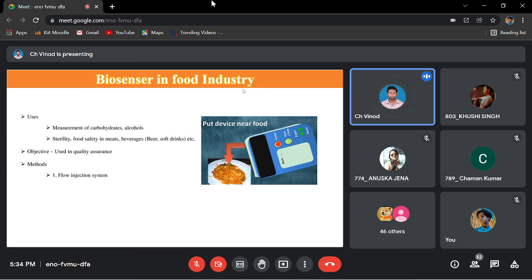Let's say in the food testing laboratory, the protein content in the Maggie was shown to be 8 grams. So this fellow can simply take the report, file a case in the consumer forum, and get justice done. This way many companies can be sued, because most companies do play with the nutritional component. Outside they have written something different, and inside it is something else. So this way you can look at the quality of the food, you can look at